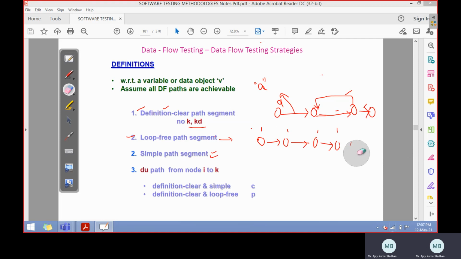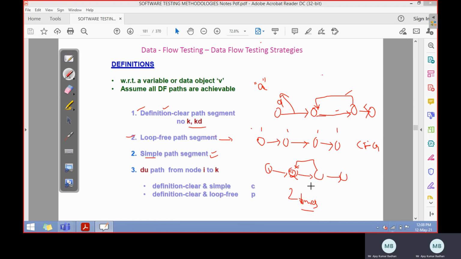But if you talk about something called a simple path segment in a CFG, the control flow graph, the third one we are discussing here is the simple path segment. This is a path segment where at most one node is visited twice. Suppose these are the links we have. You can see there is a loop here. Now what happens here? This particular node, the second node, is visited two times, but not more than that. At most two times. That is what he is calling a simple path segment.